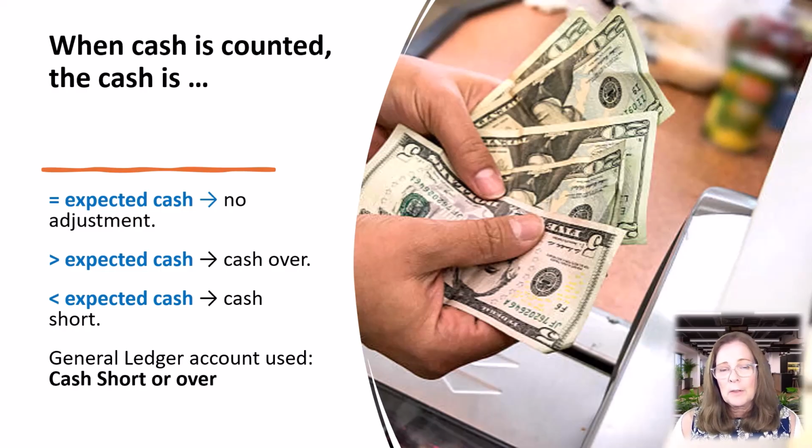Regardless of whether the difference is an overage or a shortage, accountants record the amount in the same general ledger account called Cash Short and Over. Businesses should also monitor which employees experience frequent cash shortages or overages. A pattern of discrepancies may indicate a need for additional training, process improvements, or further investigation. By tracking these differences, management can identify problems early and improve the accuracy of cash handling procedures.